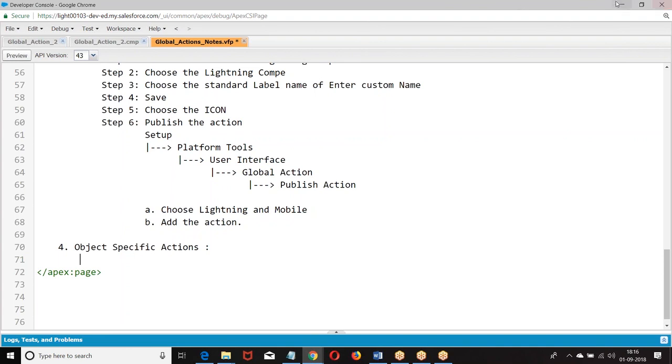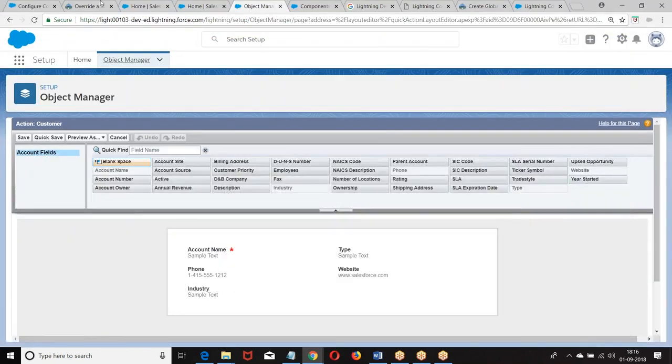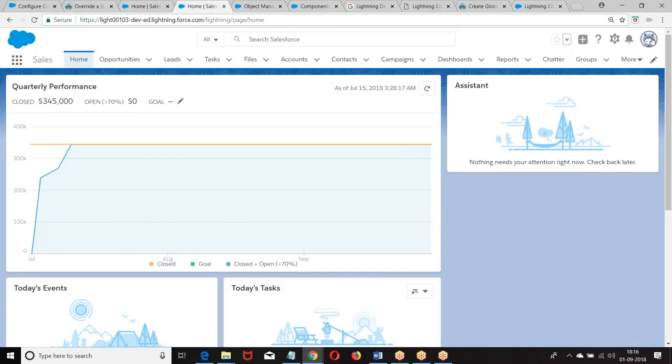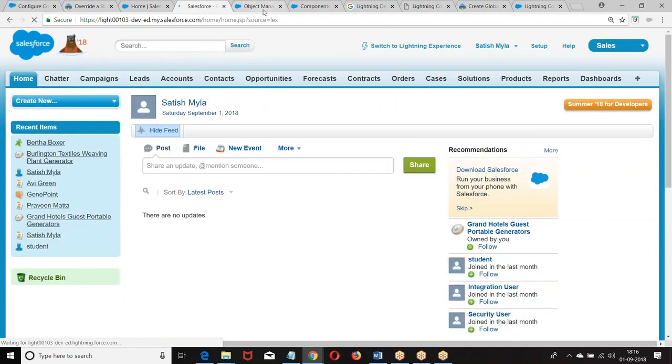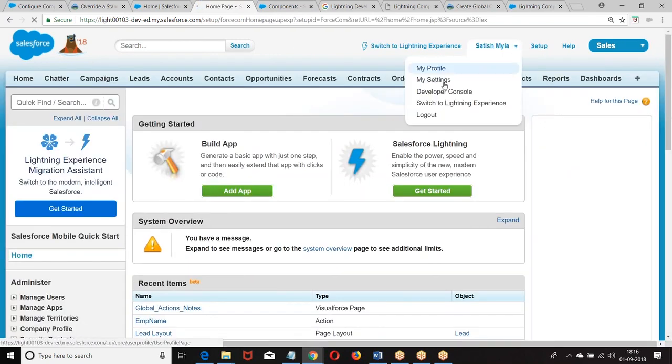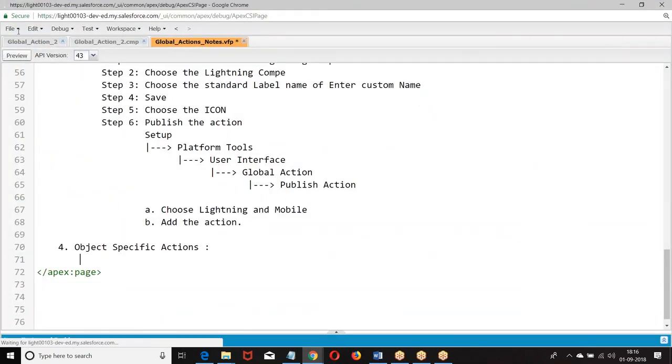Okay, let me first give you that information, then I'll come back to this. Now, how are we going to implement this in Classic? I used to go to Setup first. Let us see this. Developer console.